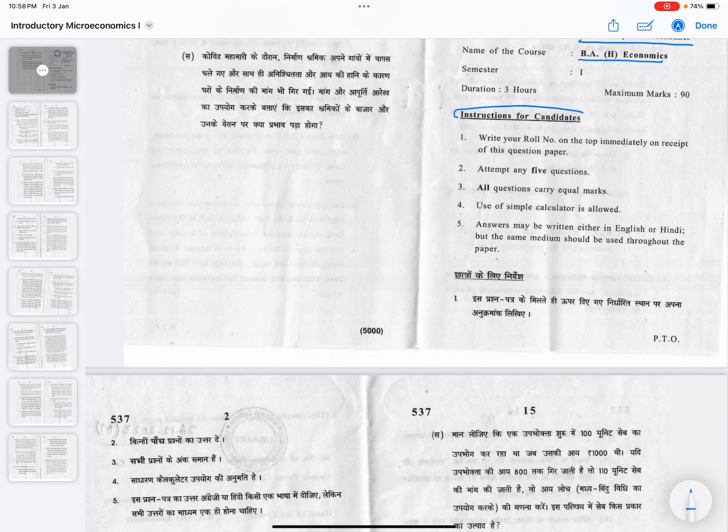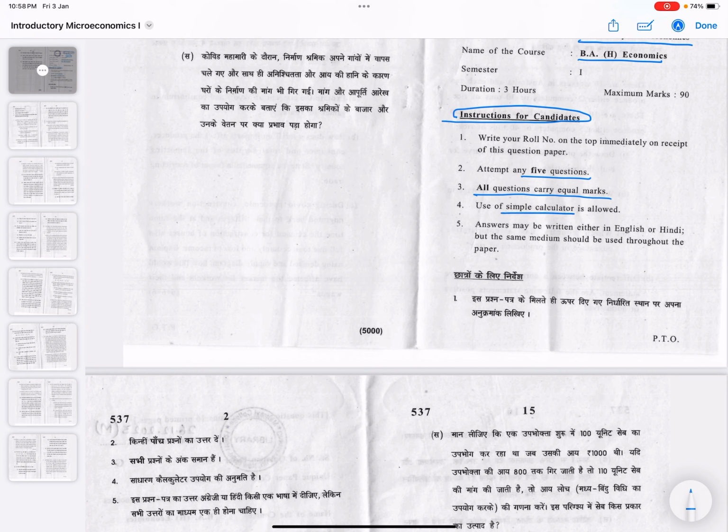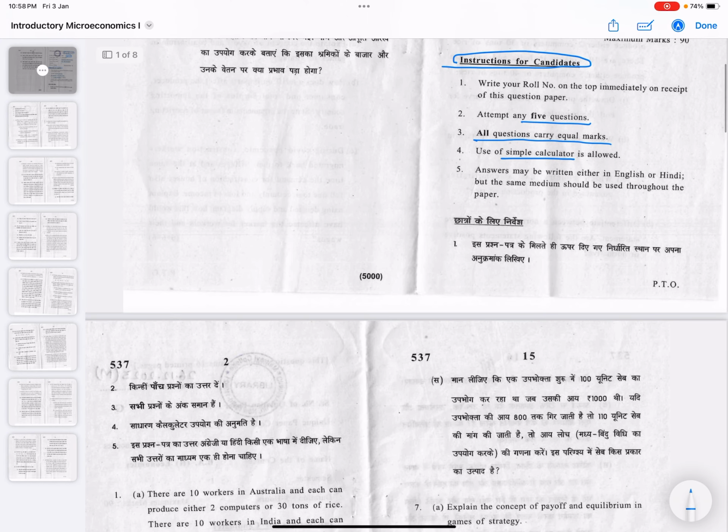Just going through the instructions. First thing, you're supposed to attempt any 5 questions. All questions carry equal marks and simple calculator is allowed. And you can use either Hindi or English, but you need to make sure that the same medium is used throughout the paper. Okay, now